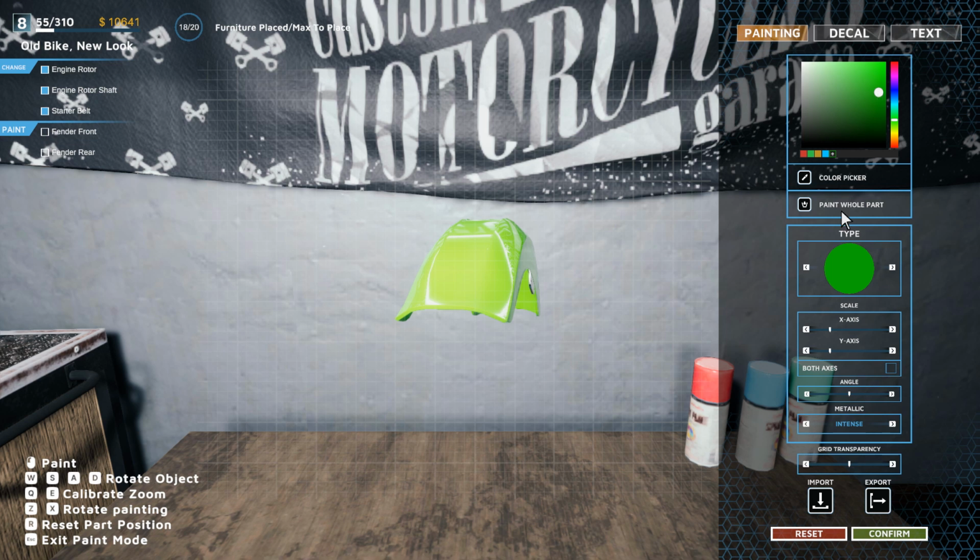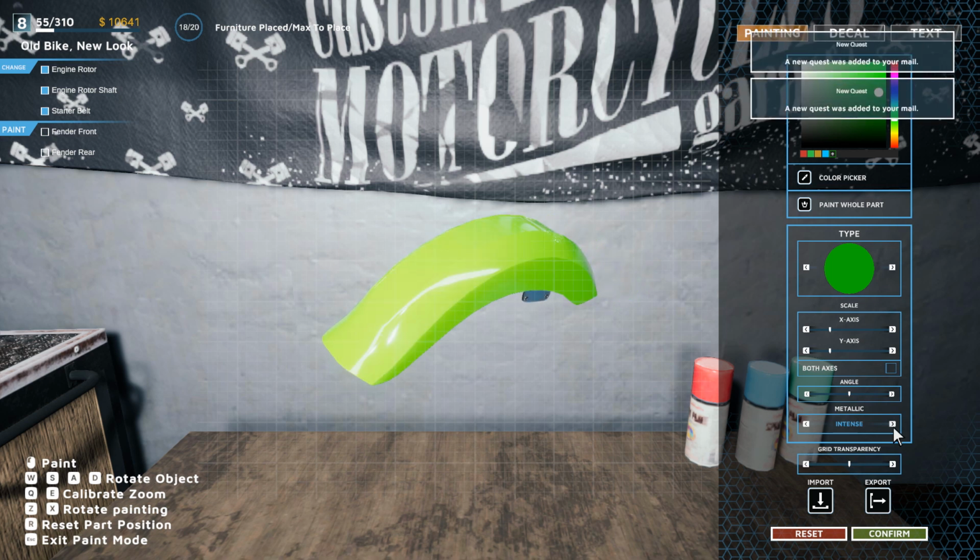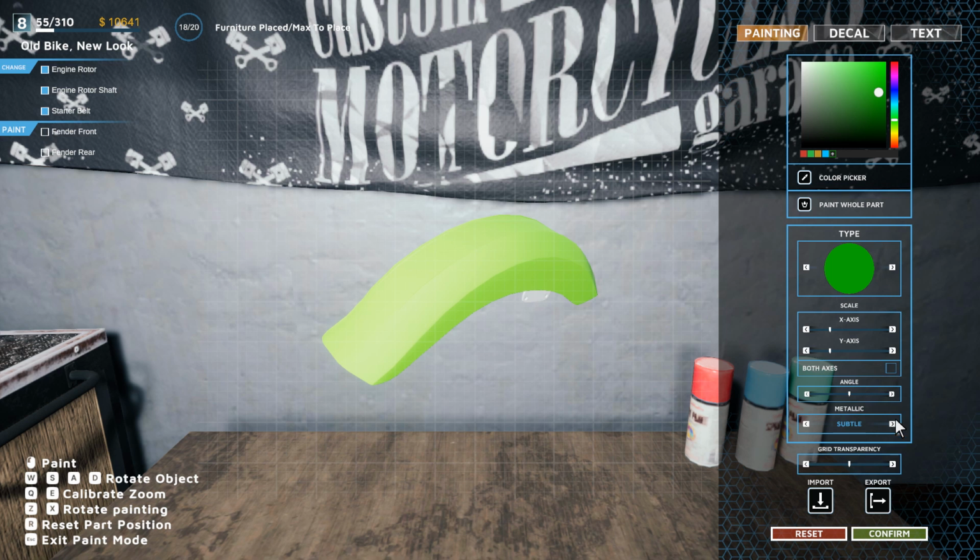All right, so I'm picking this color. I want to paint the whole part. Intense, metallic, subtle. All right, so this is kind of the finish. So we've got subtle, which would be flat more likely. This is medium gloss, probably. Medium, intense, subtle. Didn't it say metallic? I thought it said metallic. Don't seem to have a... All right, so now...